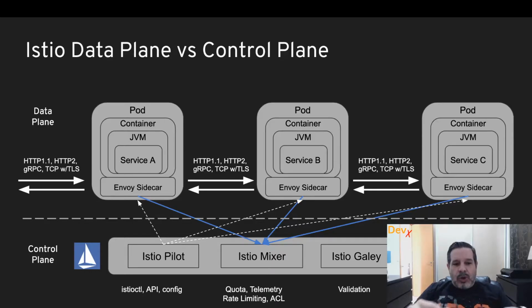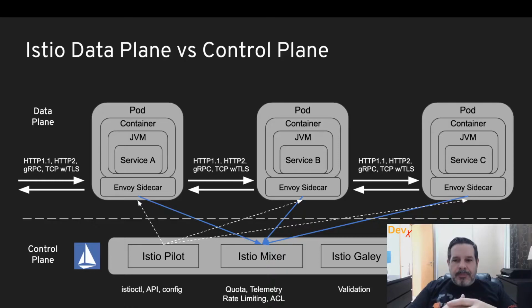And how does Istio work? Well, we have a control plane that has at least these four components. We have the Pilot, which is responsible for sending the Istio configuration to all Envoy sidecars. And we have the Mixer that collects the information that comes from the sidecar. That information can be used for quota, telemetry, rate limiting, and access control lists. We have Galley, responsible for the validation of the configuration of the cluster of the mesh. And we have Citadel that creates the digital certificates that will be used